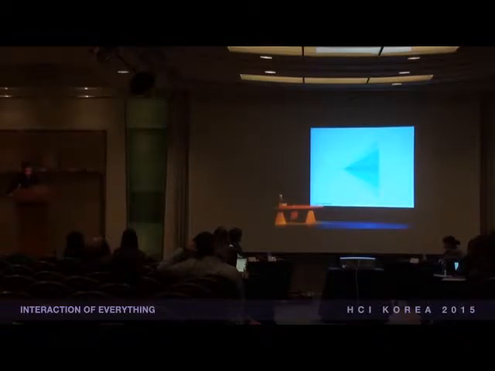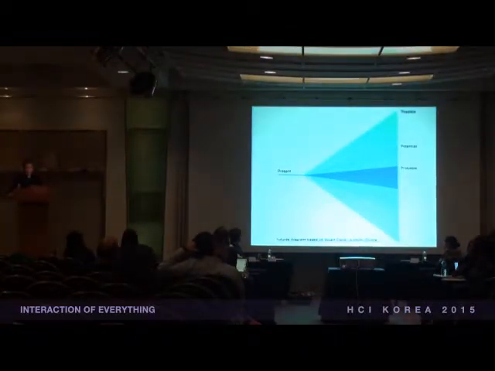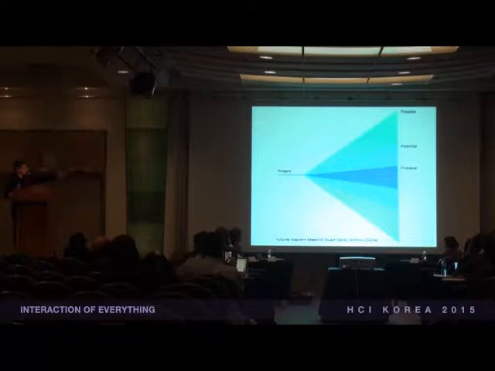So I know the graphic was hard to see, so here's a recreation of it. This is actually based on Dunne and Raby's interpretation of Stuart Candy, who's a futurist. You can see that moving from the present, much of what I was showing you before in those earlier slides is really trying to understand, speculate on the probable. But really the argument is to move from the probable to the potential, even the possible.